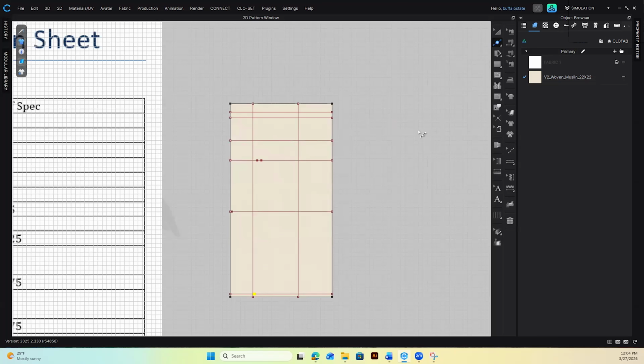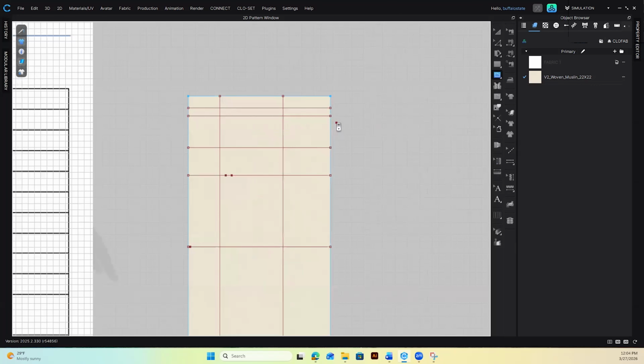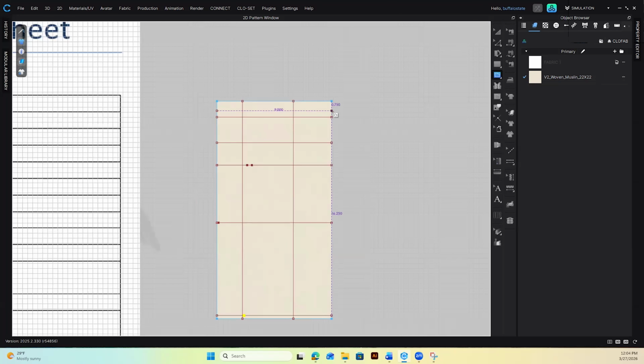Okay, so how to do that? First we need to draw a line. So let me take my internal polygonal line tool. Now first I want to grab my back. How to do that? First I will draw and then I will trace it. Okay, so for back, let me go